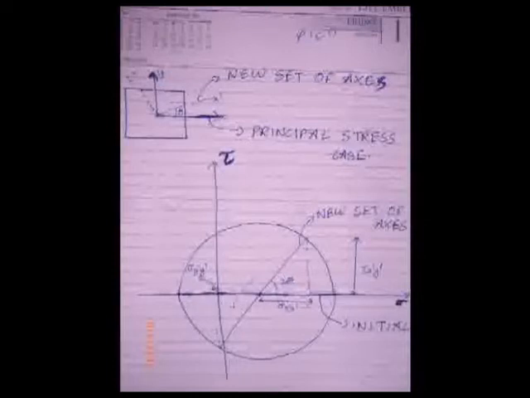Coming back to our original discussion, if the coordinate axis is rotated anti-clockwise by an angle theta, then corresponding to that we have to rotate our initial plane by an angle 2 theta in the Mohr circle, as we can see here. This is a specialized case because we are considering our initial state of stress to be the principal stress condition, so we are rotating it by an angle 2 theta.